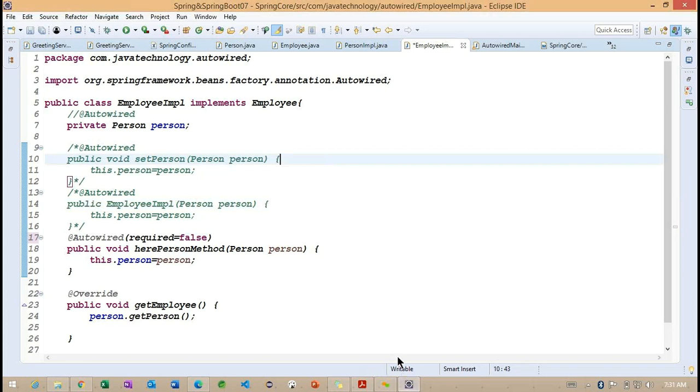Right. So this is very important here. We need to understand. So basically, if I am going to comment here, the AutoWire annotation, which is going to provide the dependency section. But here the AutoWire is not going to create an object. Getting the point? So we need to specify which bean we want to create an object for.